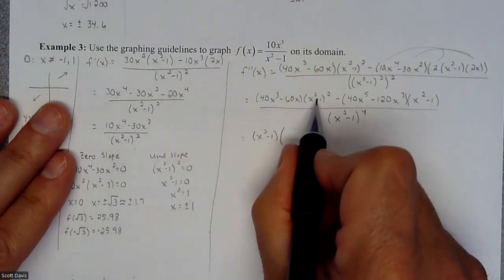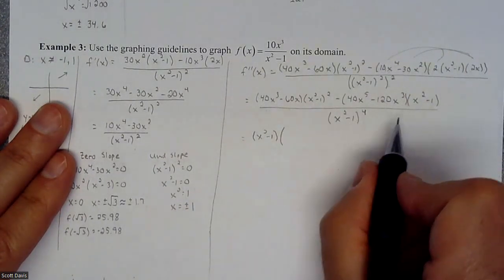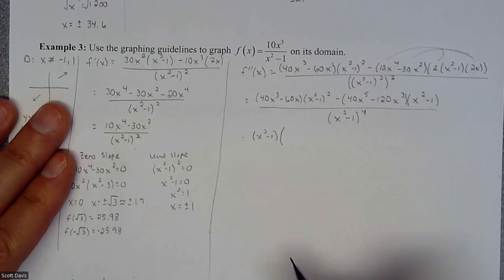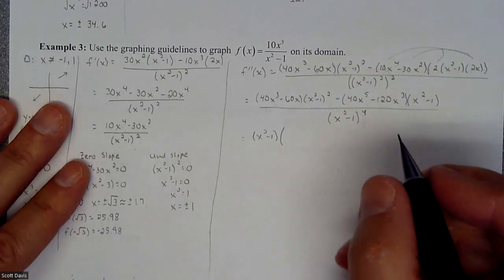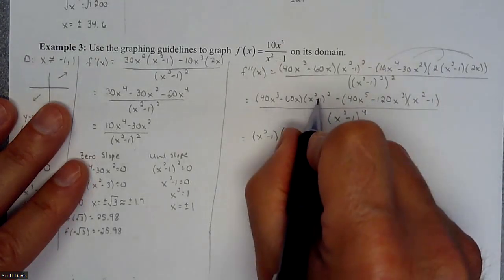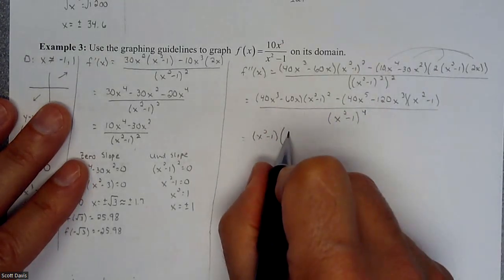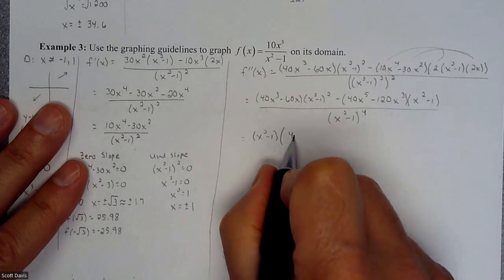Then we'll remove one of them from here, remove this one totally, and then eventually I'm going to be able to cancel with one of the x squared minus 1s in the denominator. So that's a good thing. If I can remove things, that's a good thing. So I'm going to take one of these away. So that still leaves us with the 40x,